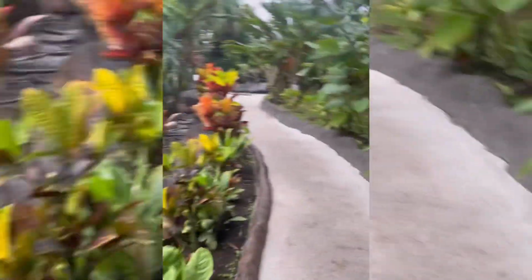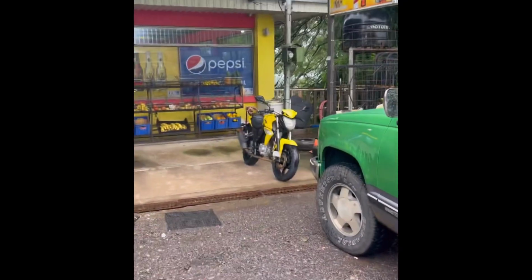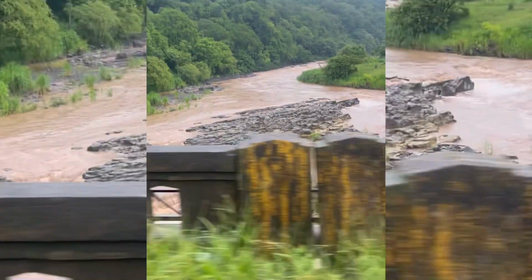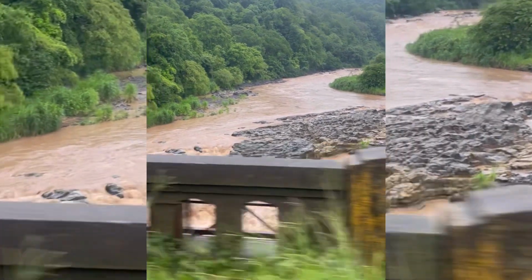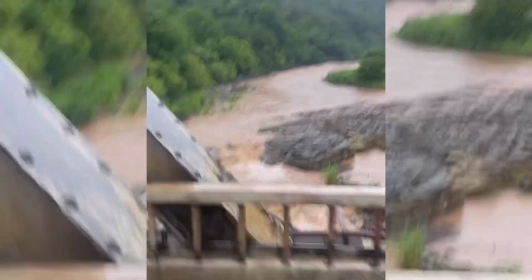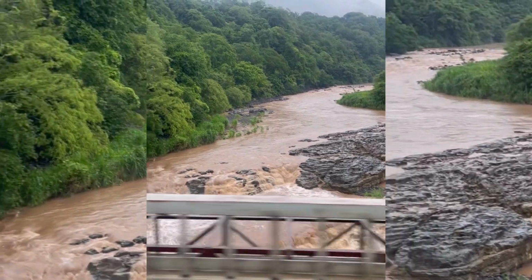So we waited around for an hour and it didn't look like it was going to slow up. So we just headed back home, which totally sucked because we traveled 3 hours to La Fortuna and I just feel like we didn't get a chance to actually see it. So I do regret not going to the waterfall first. I feel like that should have been the first priority,